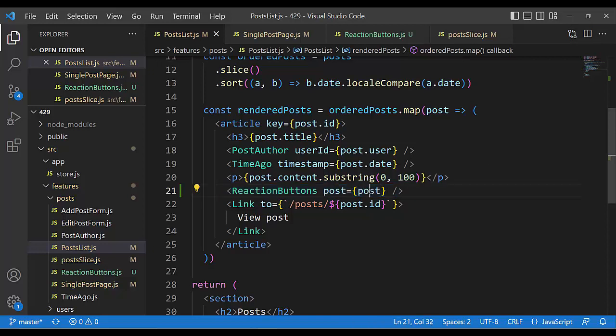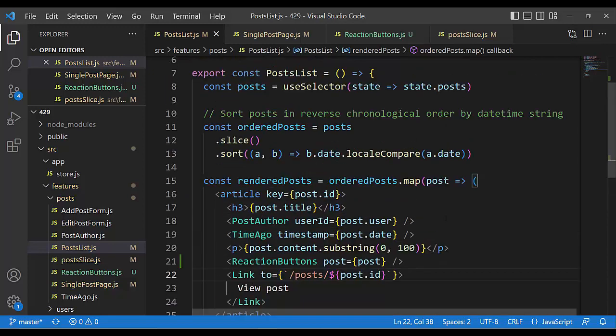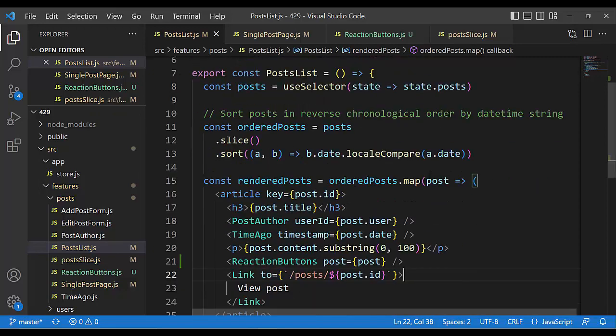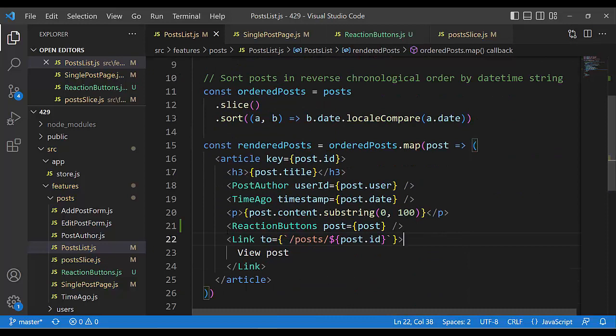This is post, and that post is coming from parents. Post list is a parent component, and the child of that component is ReactionButtons, and that ReactionButtons received